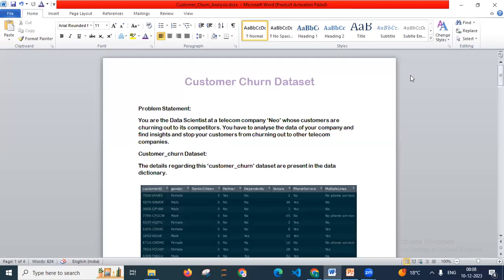This is the problem statement, and it is written that you are the data scientist at the telecom company Neo, whose customers are churning out to competitors. In this problem statement, you have to analyze the data of your company, find insights, and stop your customers from churning out of the telecom. With the help of this, we have to understand